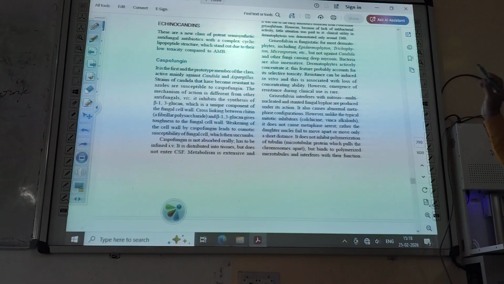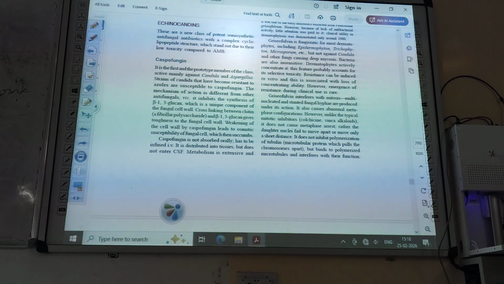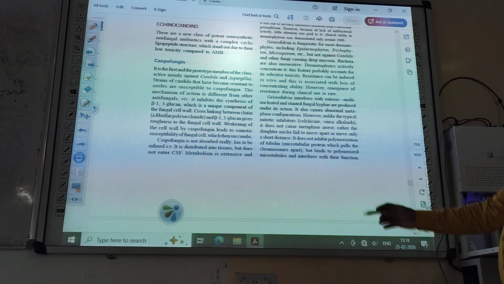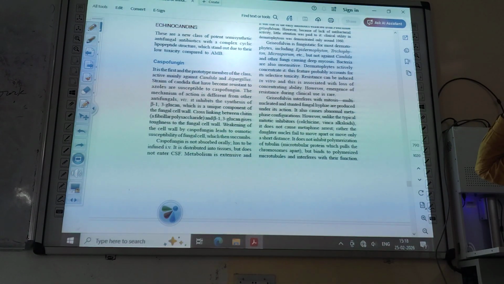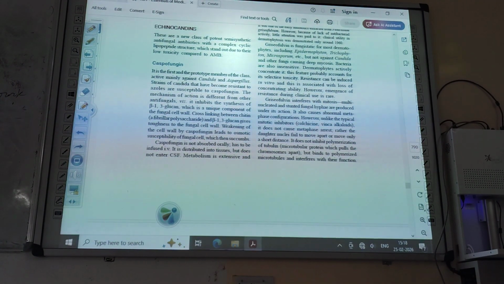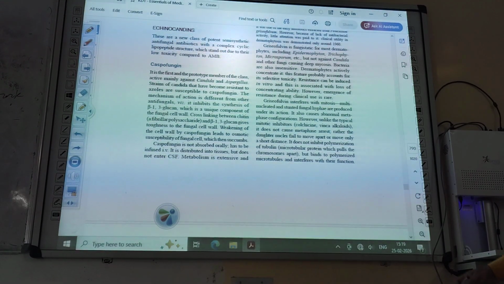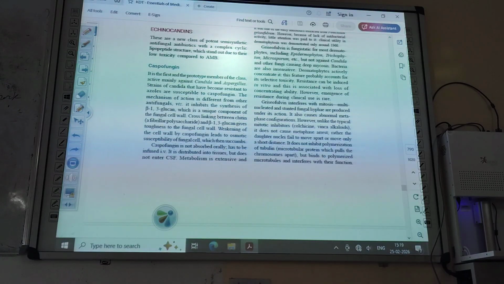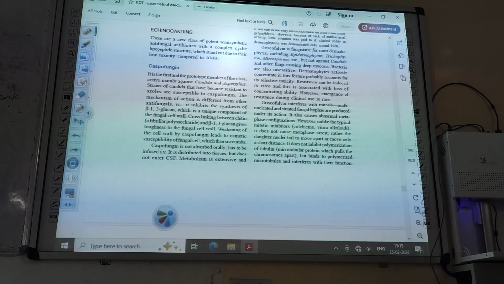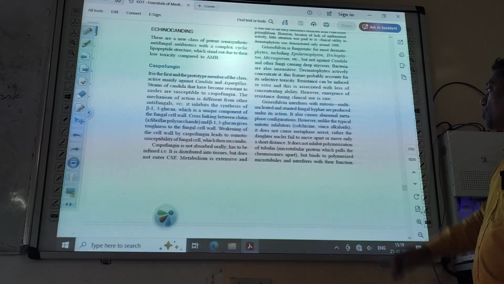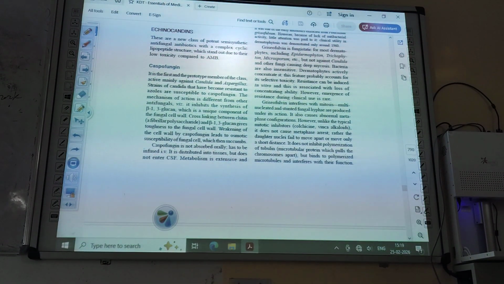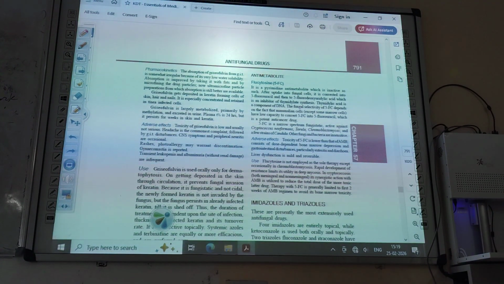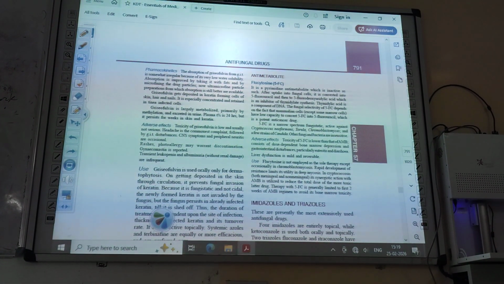Griseofulvin inhibits mitotic cell division at metaphase; it arrests the metaphase of mitosis. It does not inhibit the polymerization of tubulin, the microtubular protein which pulls the chromosomes apart, but binds to polymerized microtubules and interferes with their function. The microtubules are connected with each other and they